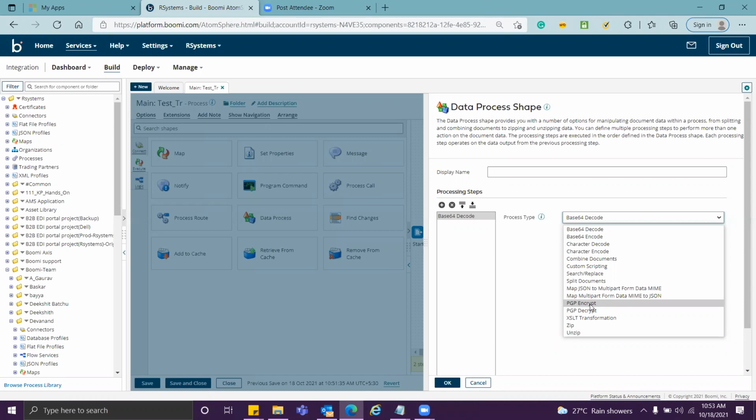It has to be opened by the authorized person only. So what we do is encrypt that data on the Boomi layer itself using an encryption certificate. That encryption certificate is provided by the client, and they have the key deployed at their end to decrypt that file. Whoever is authorized will have the key to decrypt that data. But at the Boomi end, we encrypt that data using the PGP encrypt function.